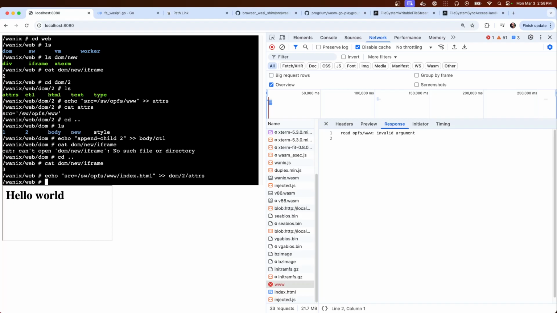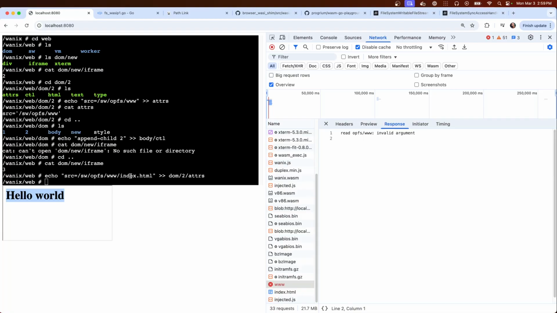Makes sense. Easy enough to wire up. Well, because we knew that we could set adders before it was appended, but even if you're doing it with the JavaScript DOM API, you'd still be able to set adders afterwards. So it makes sense that it would work. But also, it's nice that, hey, it did render hello world or our index.html.